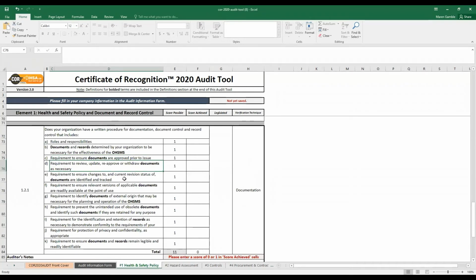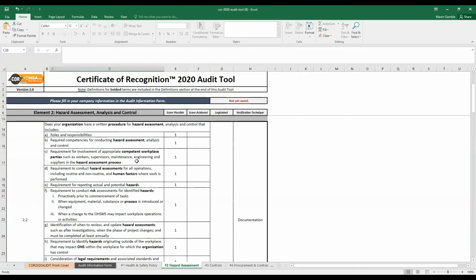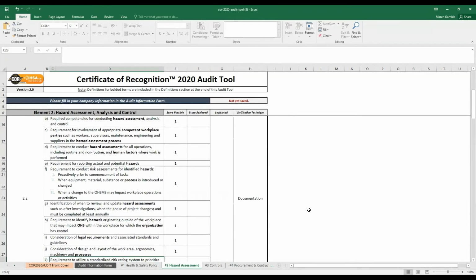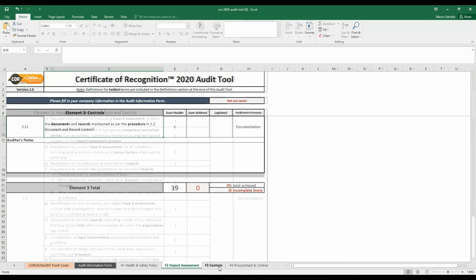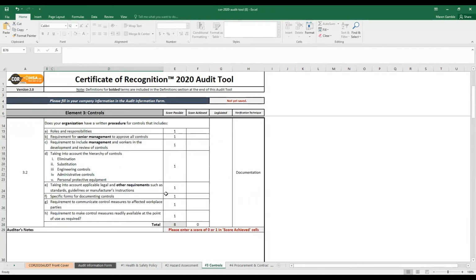Updates reviewed, revision statuses, legibility, identifiability, all of these different things you can show as they fit into the specific documents and the specific records for the given topic. I looked at element 2 here for a moment, but if I go to element 3, and again, just scroll up to the procedure for a minute,